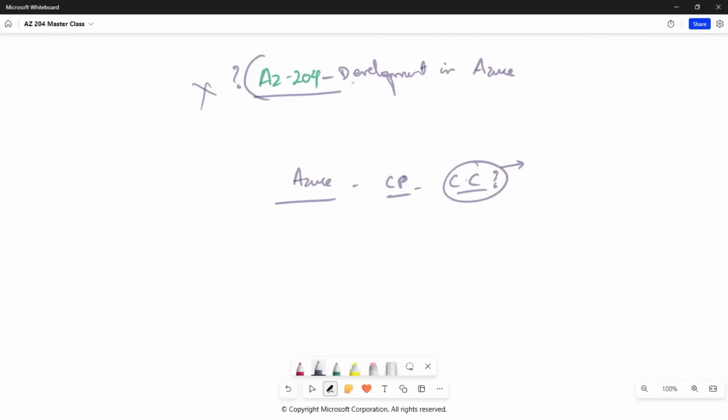Before cloud computing came into the picture, how were the scenarios? If an organization wanted to deploy an application, we are all using multiple applications right now, social media applications. Even in our organizations, we deal with different kinds of applications. Who created them?